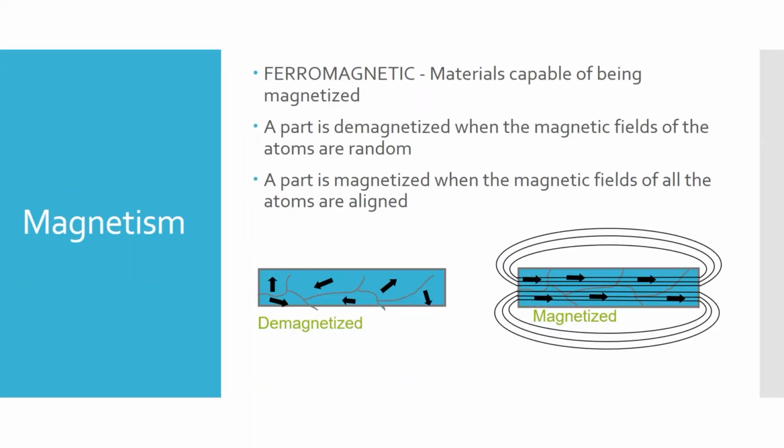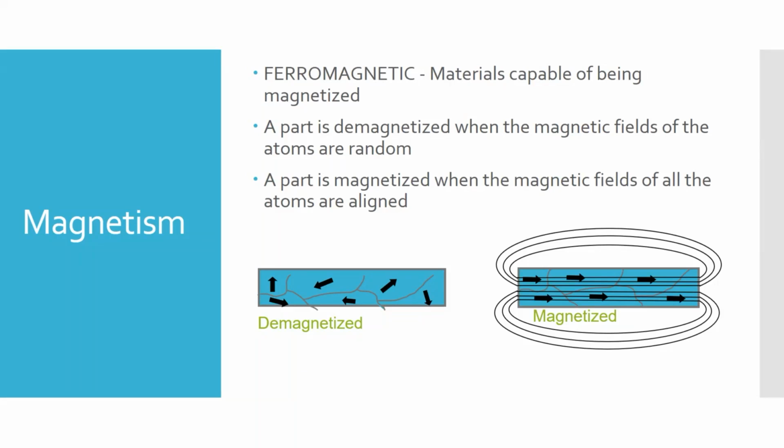So what's going on with ferromagnetic particles? Just a quick physics review: particles or atoms in a material are polarized. They have a positive and a negative pole on them. In ferromagnetic materials, what we can do is align all those poles to create a part that has a much stronger magnetic field. And that's what's being shown here on the right. On the left, it's basically showing particles every which way. When they're every which way, those little tiny atomic-sized magnetic fields all kind of balance each other out,